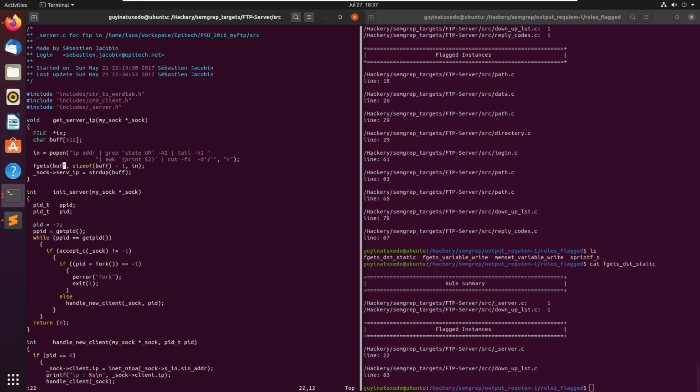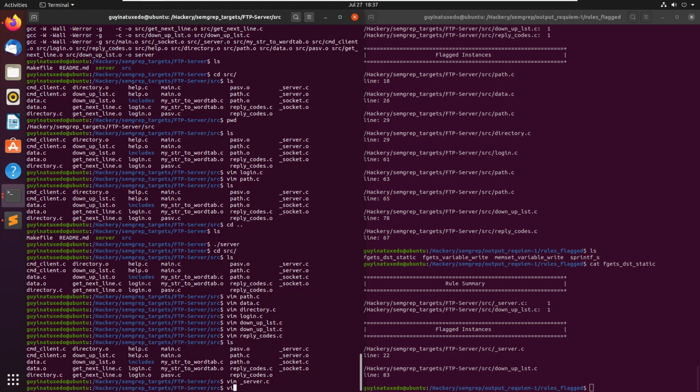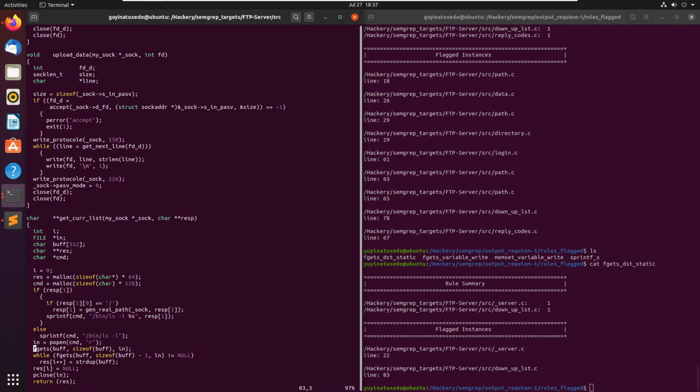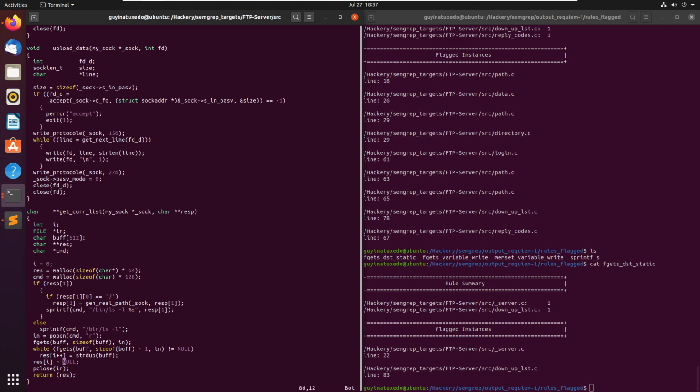However, it's only writing effectively the size of it minus 1, so I don't think that's going to be something we need to concern ourselves with. Line 83, fgets size of buff. Okay, same thing. It's writing to a stack buffer, yes, but the size of